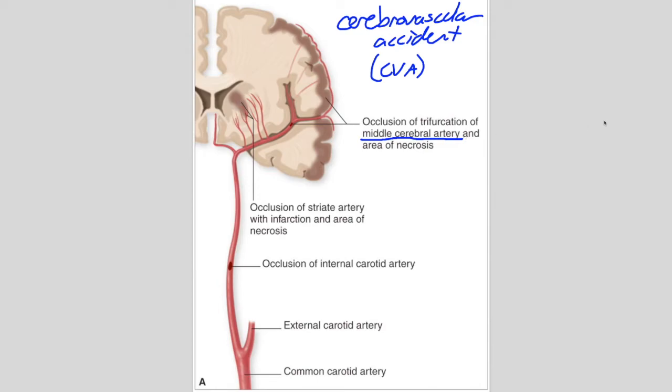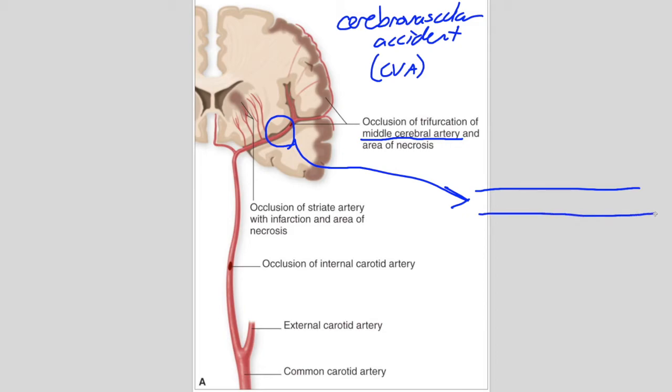Now, another possible cause of a stroke is if somebody has an aneurysm that ruptures. So I'm going to take a portion of this blood vessel here, and we're just going to kind of blow it up a little bit. So here's the normal blood vessel. Okay. And what an aneurysm is, is when this blood vessel kind of balloons. So this blood vessel kind of balloons out like this. So the wall kind of balloons.